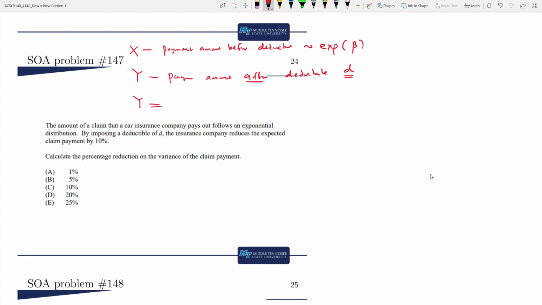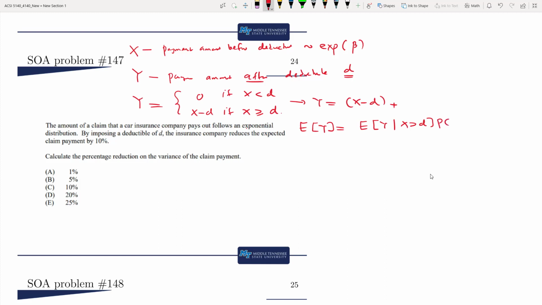Now, if you don't remember, Y is going to be 0 if X is less than d, and X minus d if X is more than or equal to d. So basically this implies Y is (X minus d) plus. Now let's calculate the expected value of Y. The expected value of Y is the expected value of Y given X is more than d, times the probability X is more than d, plus the expected value of Y given X is less than or equal to d,